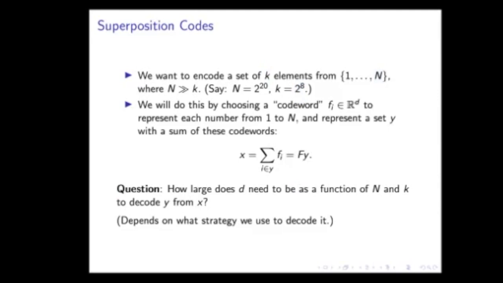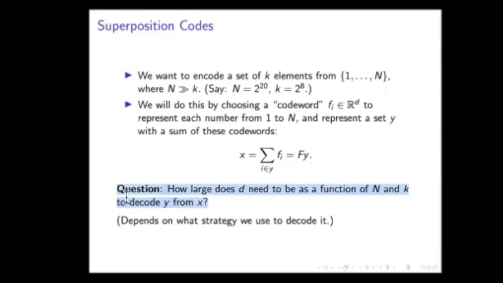And the encoding that I'm looking at works by associating each number in this very large set to a vector in R^d, which I'll call a code word. And to represent a set of k elements, I'll just sum together the code words. This is what sparse autoencoders think. This is the hypothesis that underlies this linear superposition stuff. We think that there are these code words, these special patterns of activation, and then an activation vector is an encoding of a very sparse signal over this very high dimensional space that's just a linear projection.